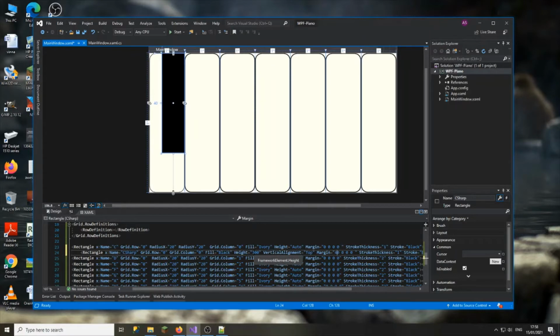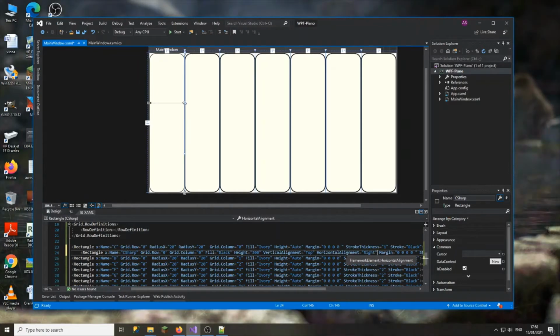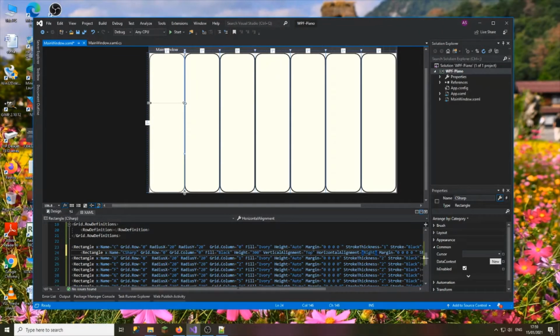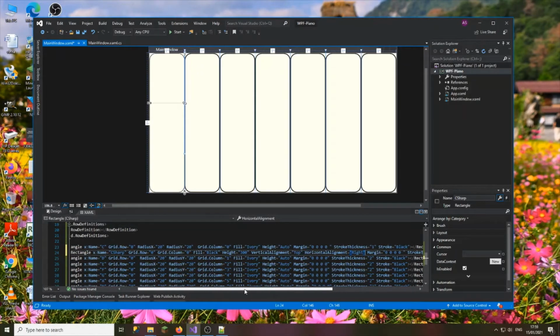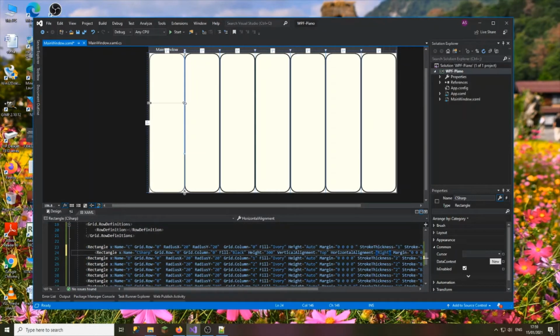So let's try that. So margins, let's forget the margins. Let's put the horizontal alignment. Horizontal alignment, this will go to the right. Okay, where did it go? So we need to set a width. Yeah, we need to set a width. Let's put the width as 50. Oh yeah, now we're getting somewhere. Yeah, this looks fine. So this is the left half of the key,